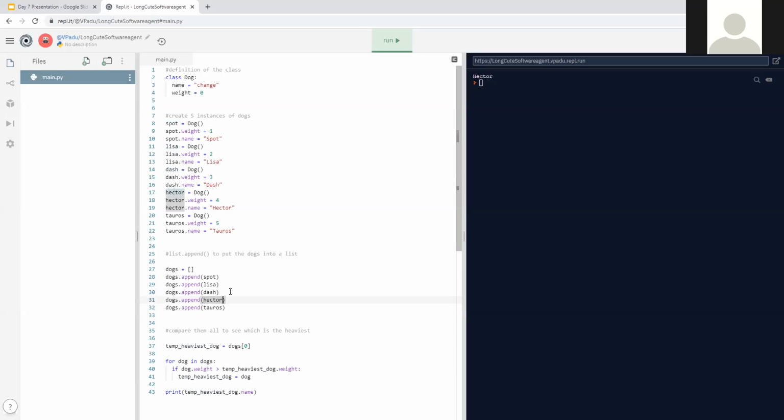And now it goes to Hector, and it's checking whether Hector's weight is greater than Dash's weight, because Dash is the current heaviest dog. And because it is, Hector becomes the current heaviest dog. And let's say that Toros's weight isn't greater than Hector's, right? Then it's checking whether Toros's weight, because they're on the last dog right now,